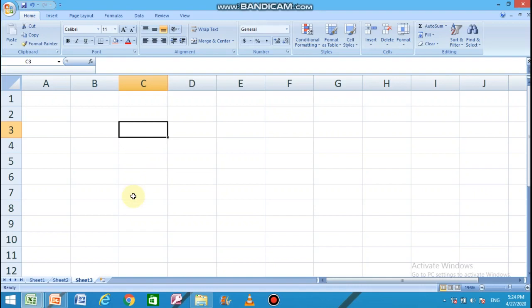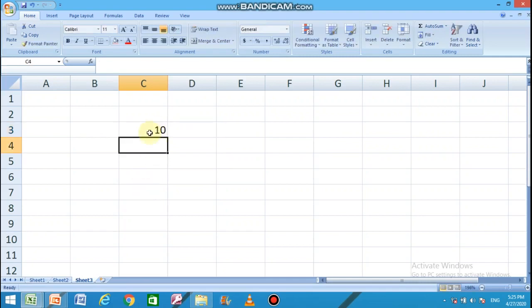Just write the formula: type equals, then give the sheet reference like Sheet1, exclamation symbol, and then the cell address, that is A1. Write the operator, then give the sheet reference of the other sheet, exclamation, and the particular cell address in which the data is. Now press enter.